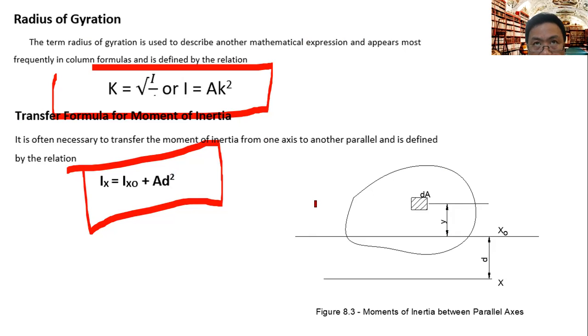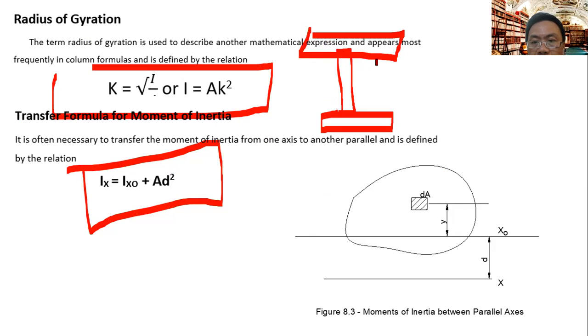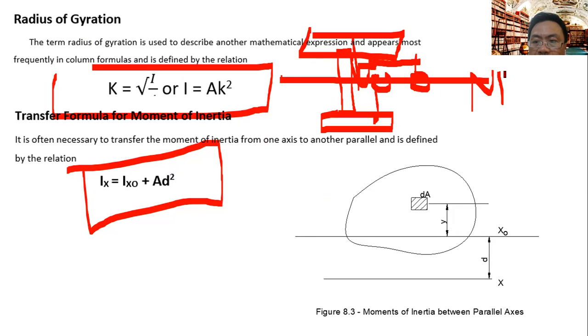Especially when we have a built-up section, for example, you have here a plate, and then another plate, and maybe here another plate, and then we have an angular bar here. So we get the center, for example, the center is coming from here. These areas we need to transfer here. This one we need to transfer here. Also this angle bar we need to transfer to this neutral axis.